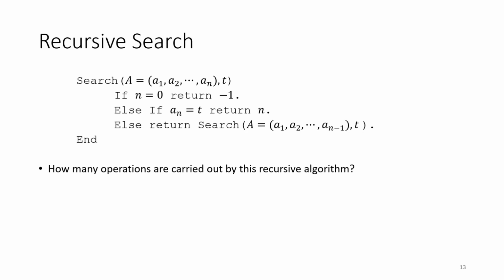This is sometimes called a sequential search. It's sometimes called an exhaustive search or a brute force search. In this case, we're calling it recursive search because we're carrying it out recursively, but it is also an example of an exhaustive or a brute force search. Okay, so since we're trying to figure out how many operations we're carrying out here, and I mentioned we're going